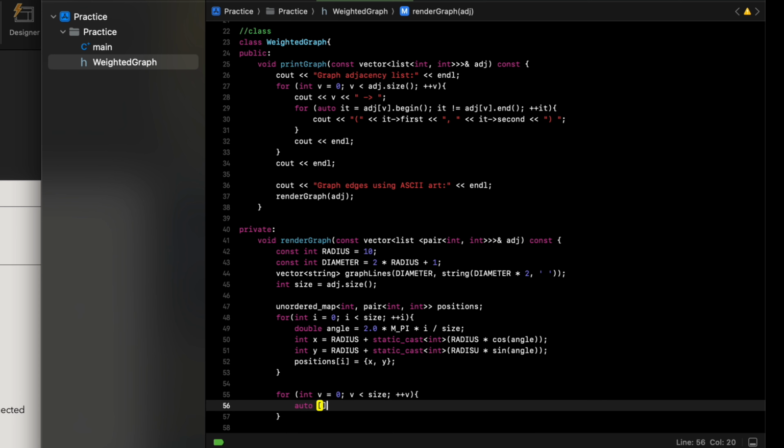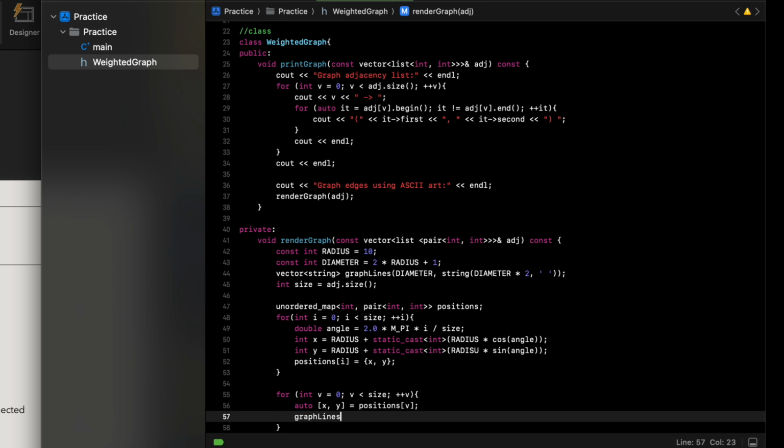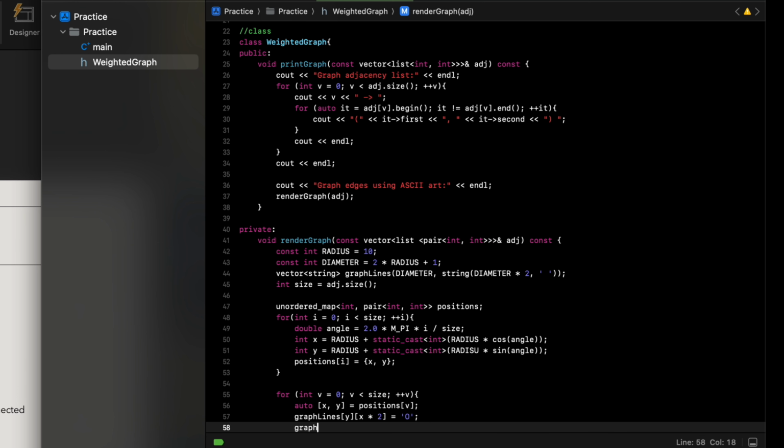We're going to have auto positions x and y equal positions of v, graph lines y, x times 2 equal 0, and graph lines for y, x times 2 plus 1 equal 0 plus v,